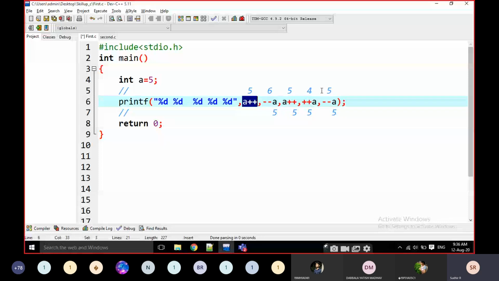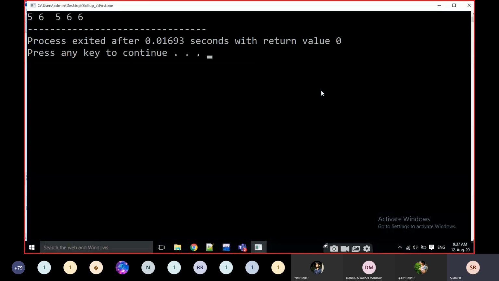This is the post increment. Post increment means it is going to print 5. Then a value becomes 6 here. Then we have to check whether there are any pre-increments and pre-decrements. There are 3 values. We have to change this value as 6, and this value as 6, and this value also 6 here. Then what is the output here? 5, 6, 5, 6, 6 is the output. Okay, is it clear?